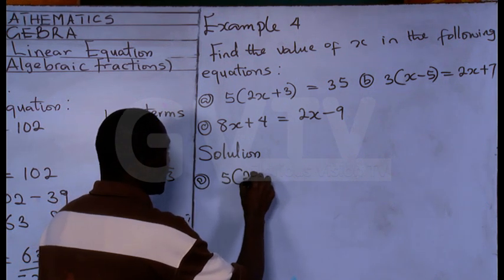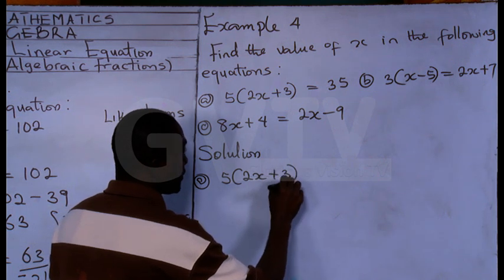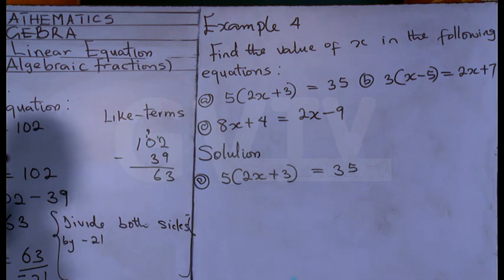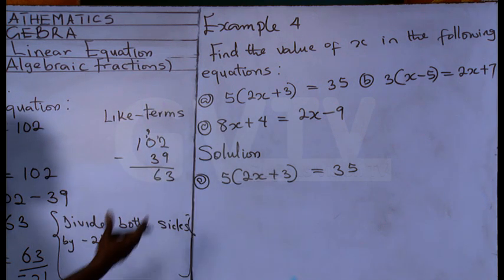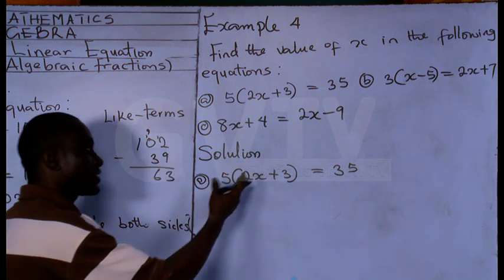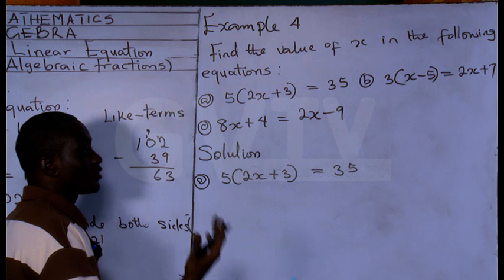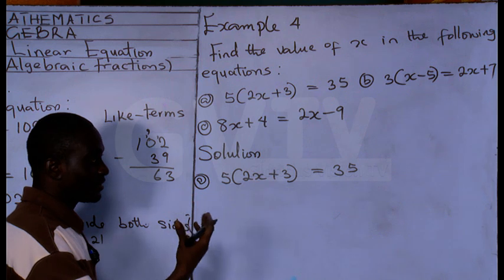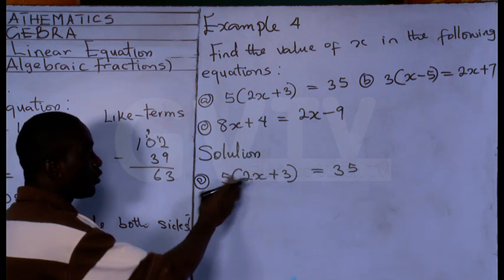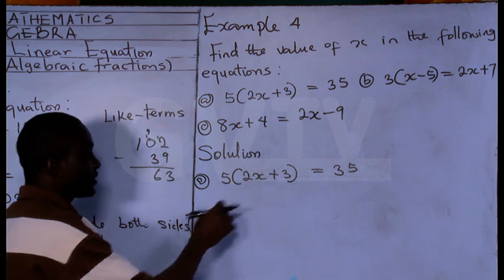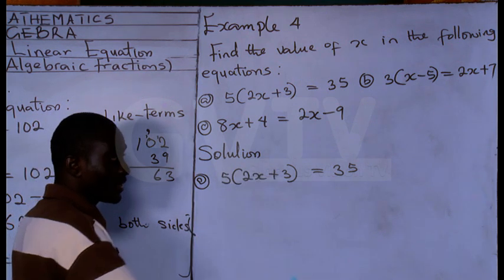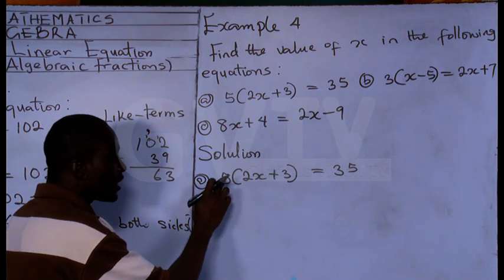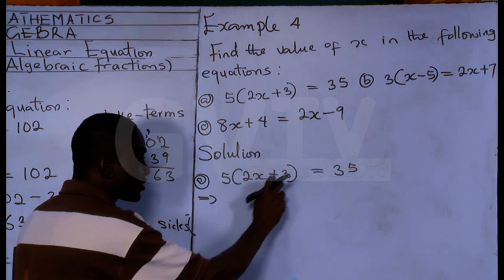5 into 2x plus 3 equals 35. This is an equation which has a pair of brackets. So from the knowledge of BODMAS, you have to treat those with brackets first. That means we expand this to eliminate the pair of brackets. Expanding this will give us, that means you are using this 5 outside to multiply out what is inside this